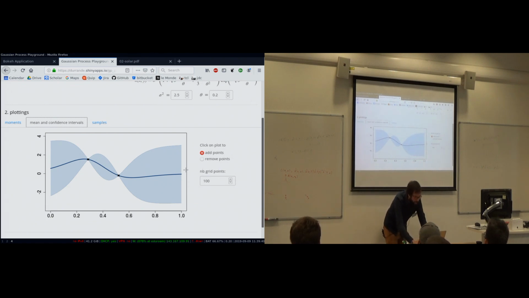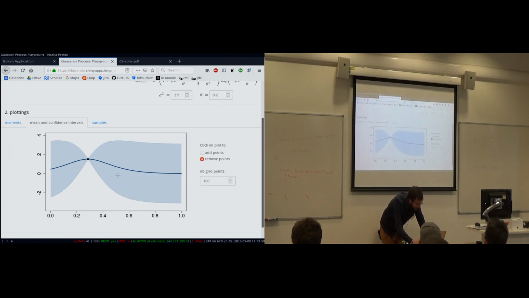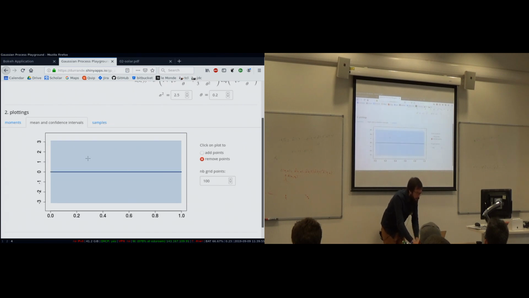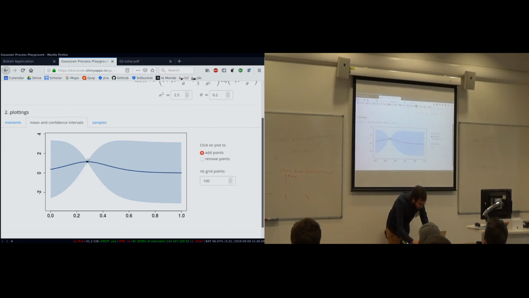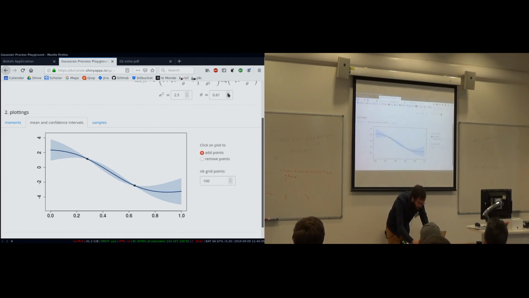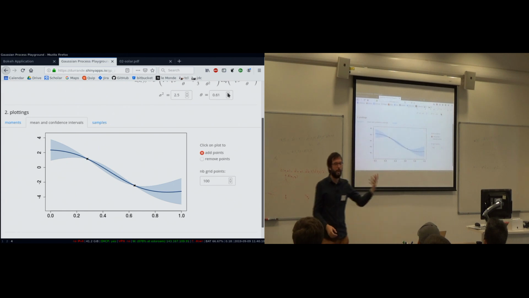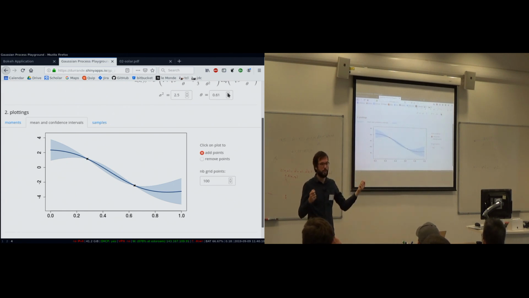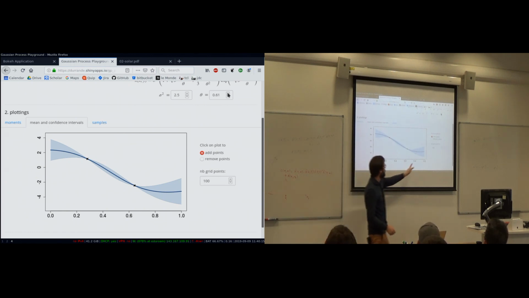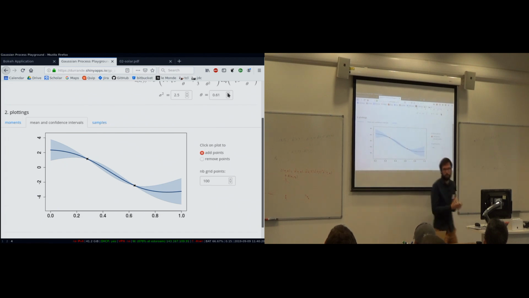And if you look far away from the observations, then you end up with the same. Here the distribution tends towards 0, and the standard deviation is between like minus 3.5 and 3. And if you look at the prior, that's kind of what we had for the prior. But as you were saying, if I start increasing the length scale, then points that before were far away now are kind of close by to the data. We still have a high correlation, so the data still gives us some information about what's happening over there. But if I were to plot what was happening in here, I will come back to the prior